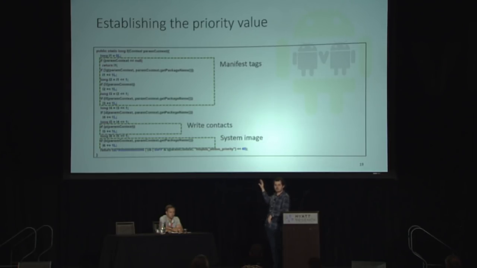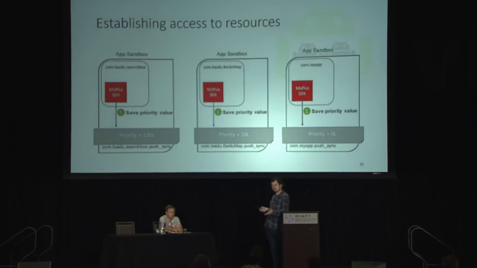So depending on the kind of checks that were true, the priority value would increase a lot. Obviously, if the app was inside the system image, the priority would increase a lot more than if there was just a meta tag found. And so what the apps did with this, again, as in the previous slide, was save the priority value into a server preference file.